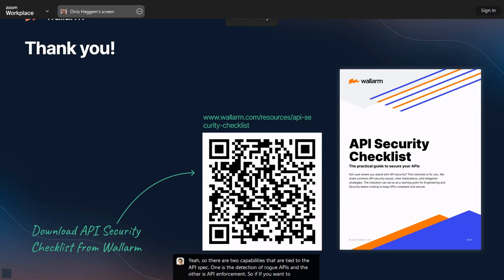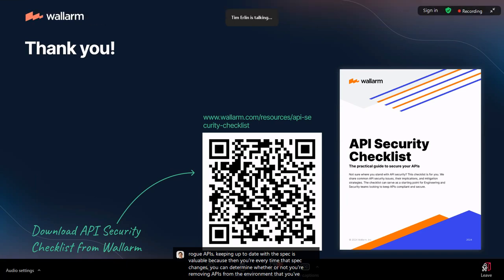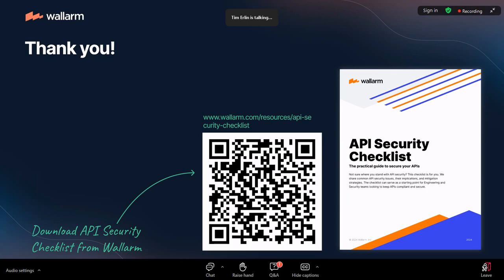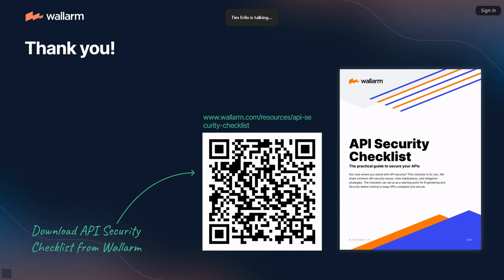So if you want to detect rogue APIs, keeping up to date with the spec is valuable, because then every time that spec changes, you can determine whether or not you're... a URL for the specs, and it will update them itself, so that you don't have to manually upload them